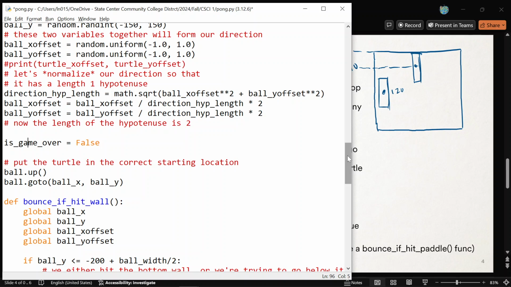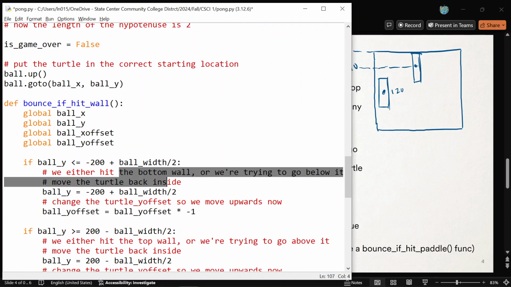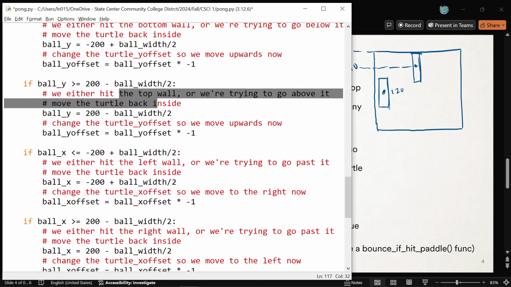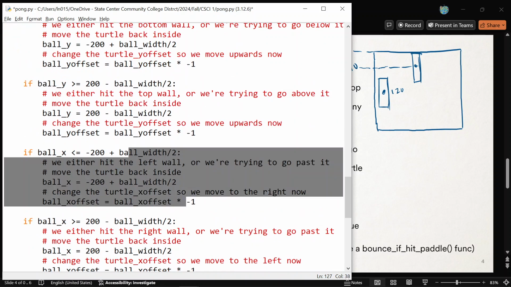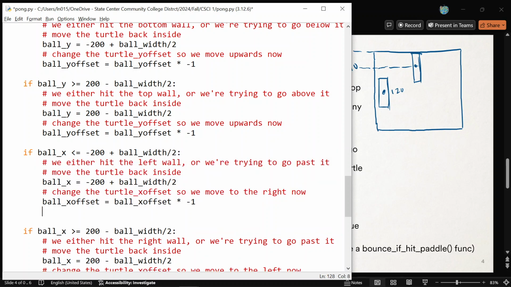So where's the piece of the code that's noticing if we hit the left wall? It's like down here in the bouncing part, right? There's the bottom wall code, top wall code. Here's the left wall code. Essentially, what we want, we can do all of these things, keep what was there. It doesn't really matter. Honestly, you don't have to change anything anymore. But